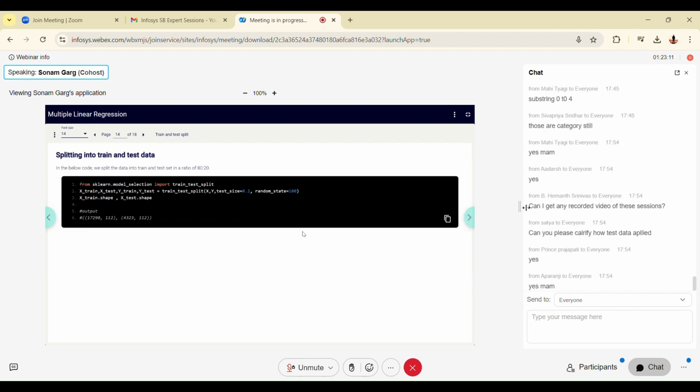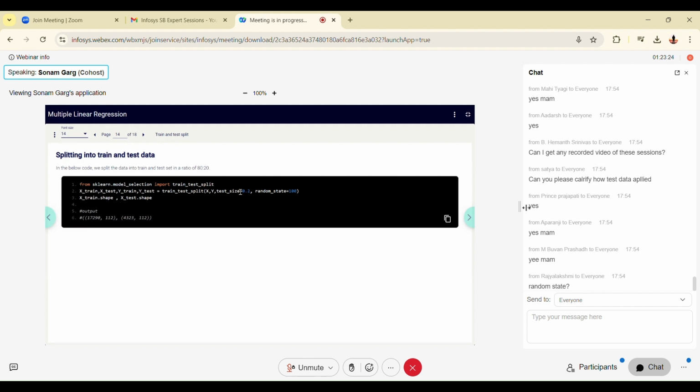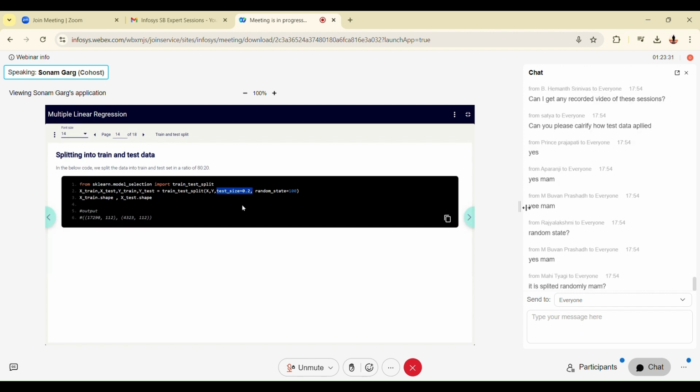See, there are different ways in which test data is split. To simplify, I just told you, consider that the top 80% of the rows are going for training and the remaining 20% are not. This test size you can vary. You can make it 0.1, 0.002. It is up to you. The general golden rule is 80-20. You can go for 90-10, 70-30. It depends. Now here random state is used to seed the randomization.